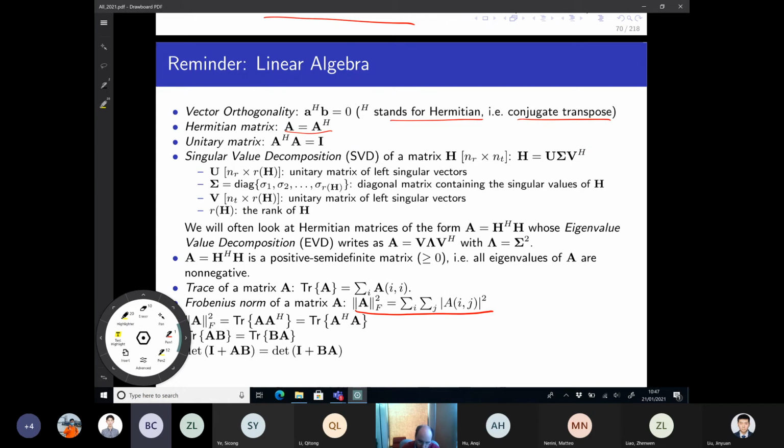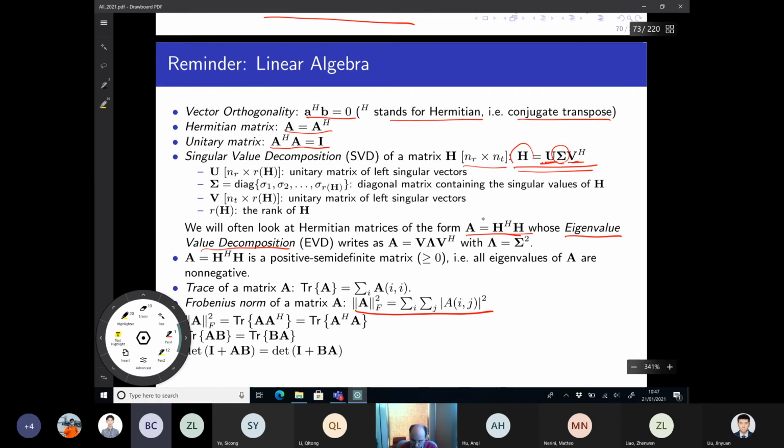A Hermitian matrix is when a matrix is equal to its Hermitian, so it's equal to its transpose conjugate. A unitary matrix is when you take a matrix, you take its Hermitian, you multiply by itself, and it's an identity matrix. Vector orthogonality, you all know that, right? The inner product of two vectors is equal to 0. And then we're going to play with the singular value decomposition where you have a matrix H of a certain dimension, and you break this into the left singular vector, here, the right singular vector, and then a matrix of singular values, right? And we're going to play with eigenvalue decomposition as well, which is for the case where you have